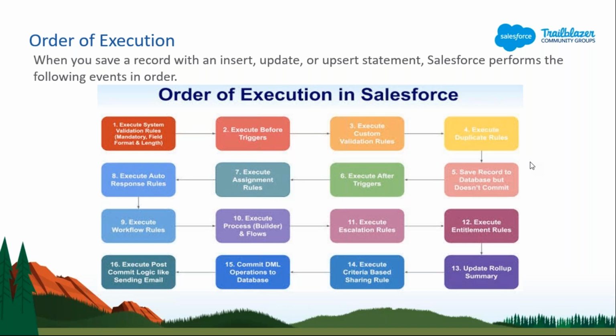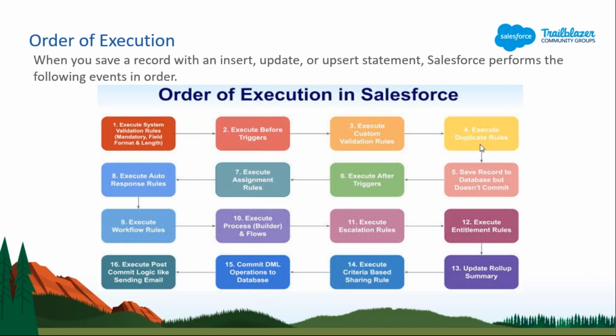So it will update that contact record if that action you are firing in your before event. That event should be a before trigger, like before insert or before update. If it is an after trigger, then it will not come over here; it will come over here, execute after trigger. So the before trigger will be fired, then it will come to your custom validation rule. Now it will check your 10 digits, and if it is okay, it will go to the next part. Otherwise, it will throw an error. Then this is the flow.